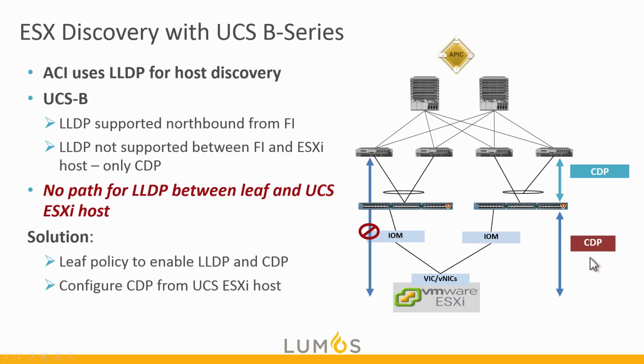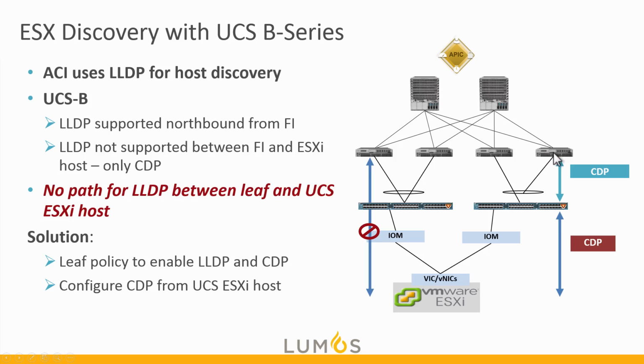So you could use CDP here, but note that the fabric interconnects sort of act like switches in some fashion, in the sense that information is not passed from the host all the way on to the leaf switch in terms of discovery protocol. So the discovery protocol only goes from the ESXi or whatever blade you're running that supports CDP or LLDP. It only goes up to the FI. So the ESXi learns about, hey, I'm connected to FIA port 13 and FIB port, let's say 13. And then the